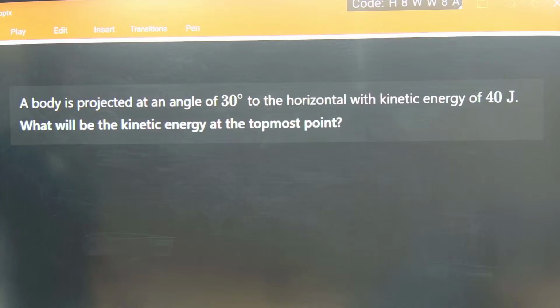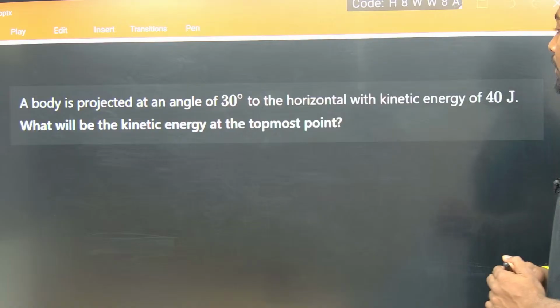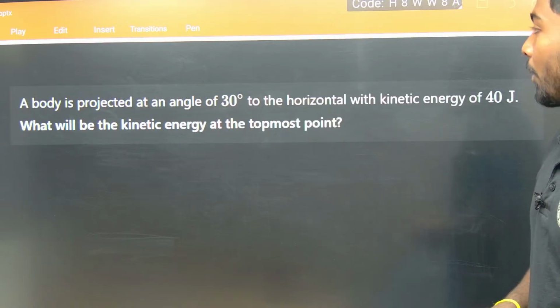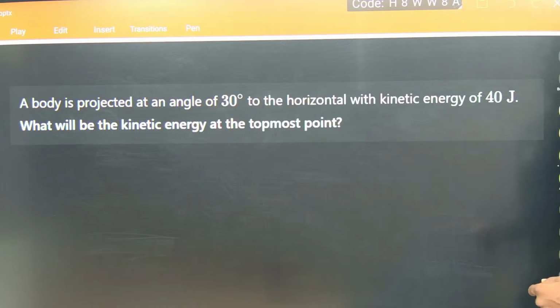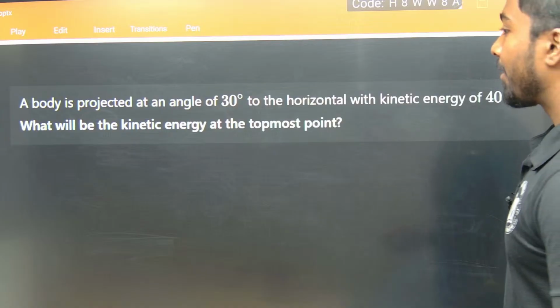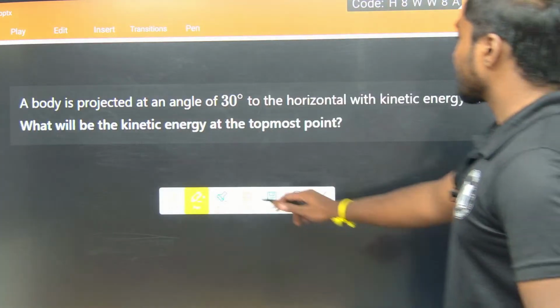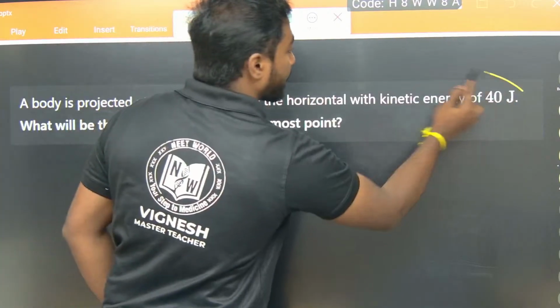A body is projected at an angle of 30 degrees to the horizontal with kinetic energy of 40 joules. What will be the kinetic energy at the topmost point? Okay, at the topmost point they were asking, no? So what should I do? They have said that the kinetic energy,